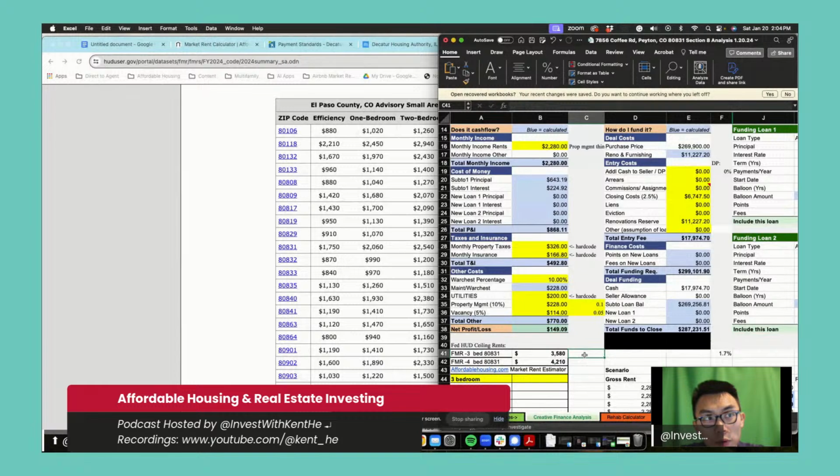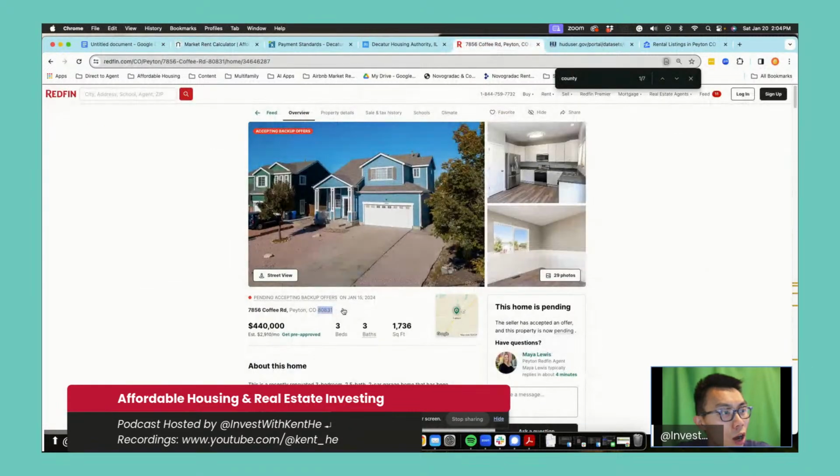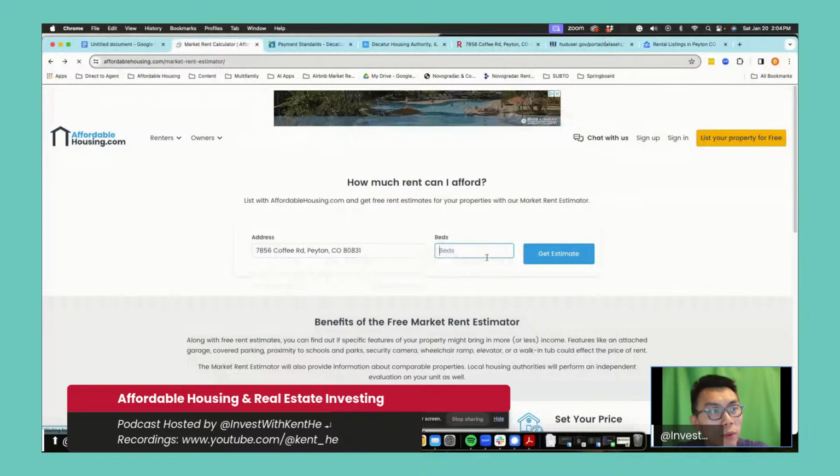Boom. Next thing I want to do is, what we always search for is the rent reasonableness test. That's the test we want to apply after we look at the market rents. So for 7856 Coffee Road, we're going to go to affordablehousing.com, go to the owner section, go to the market rent estimator, plug in the address, and plug in the bedroom count. Okay. Now,